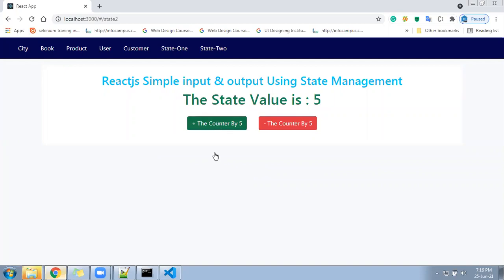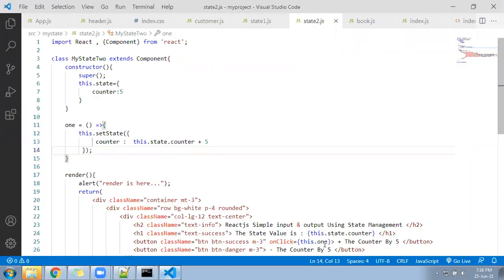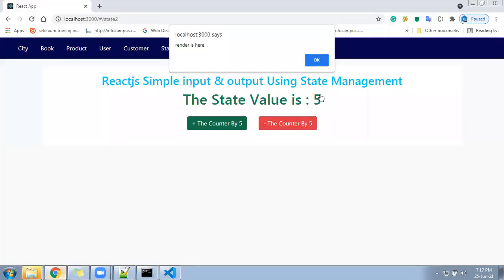See, I clicked, and it says "render is here". Once I click here, the request goes to the function, the function changes the value, and the set state function calls the render function. Once I click OK, then this statement will execute and the 5 will get changed to 10.